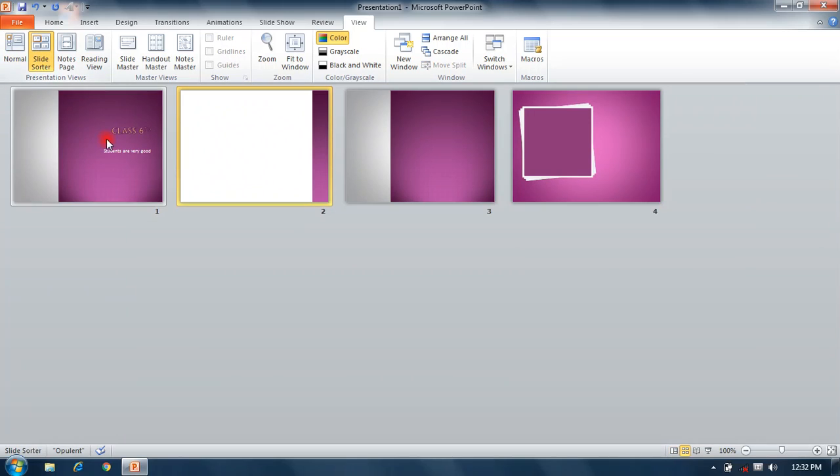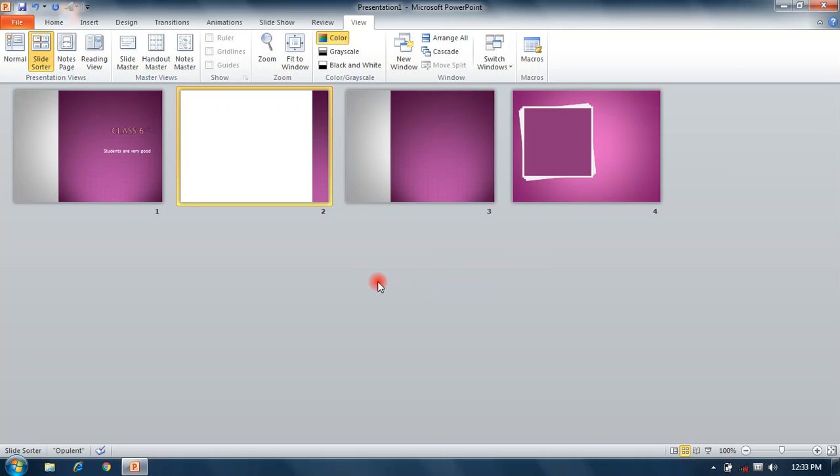Slide sorter view looks like that. In this view, all slides come in one place, and we can delete or add a new slide from this view. This look is known as miniature form.